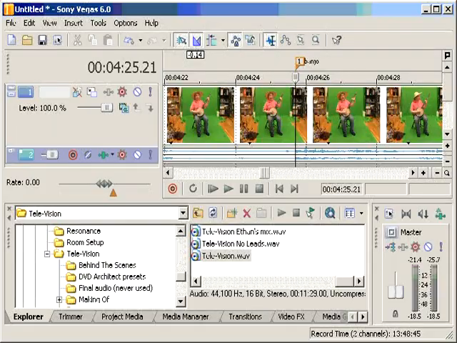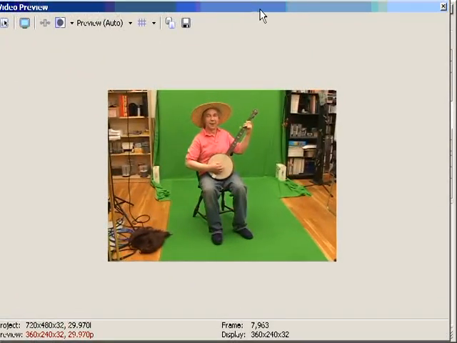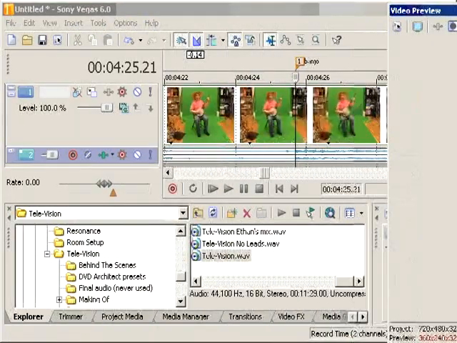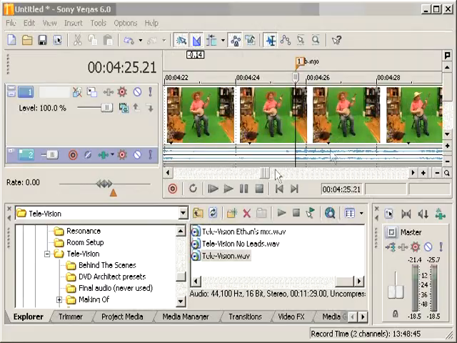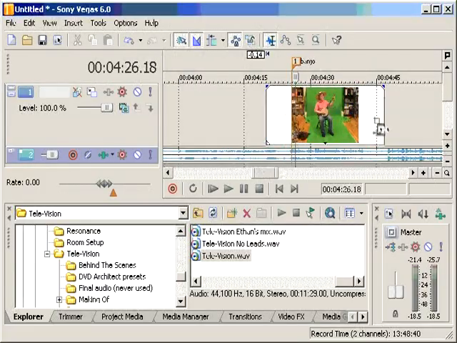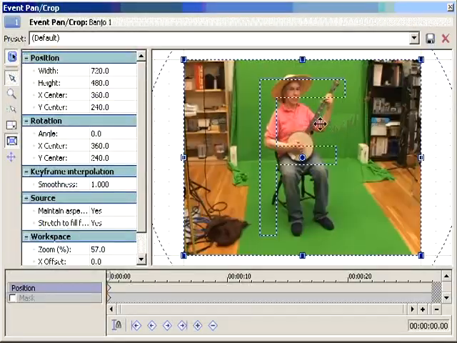But as you can see, the green screen is only part of the whole window, and we just want the little piece in the middle here. So the first thing we're going to do is use the pan and crop tool in Vegas to block out the background that we don't need. There's two ways this particular tool works. As you change the size of the screen, you can have the contents zoom to always fill the screen,